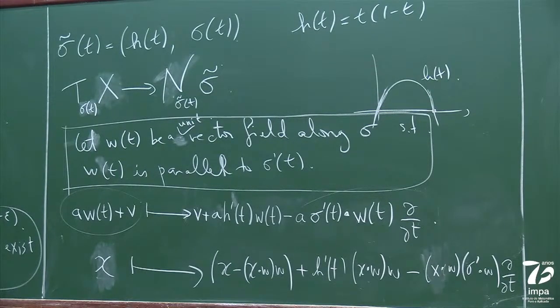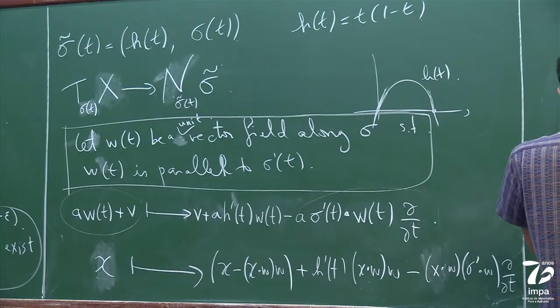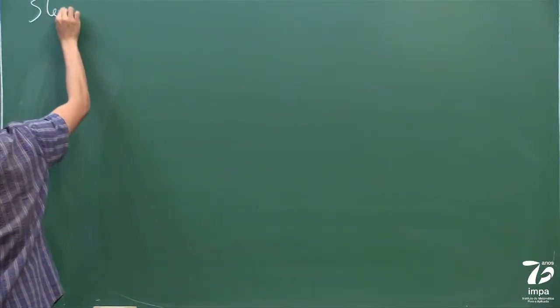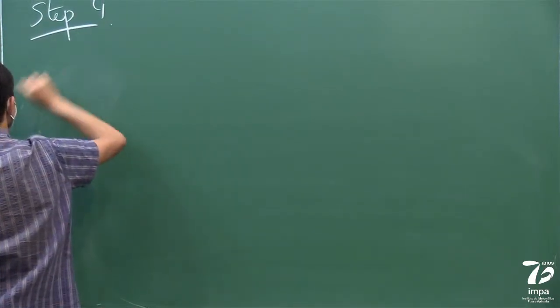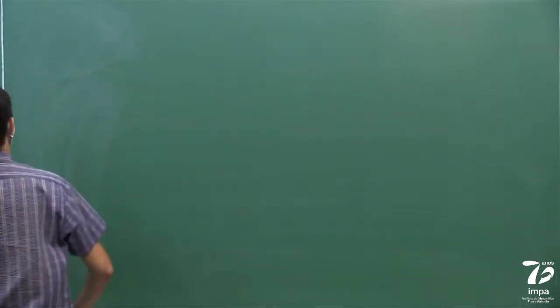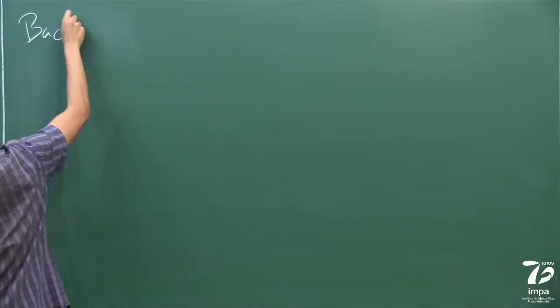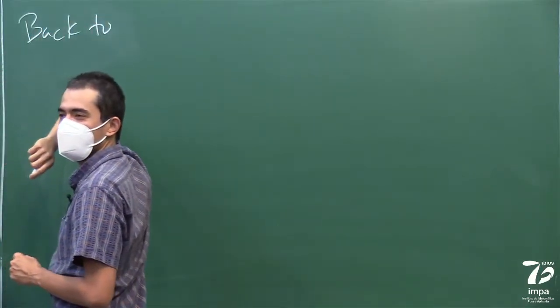So, okay. And the other thing I want to do before we talk about Morse theory, I want to go back to the proof of the Pontryagin-Thom construction, because I still saw some confused faces yesterday, and I don't know if there are some confused faces on YouTube that I can't see. So anyway, last time we were in step 4. So back to the Pontryagin-Thom construction. I said I wasn't going to go back to this, but I changed my mind.